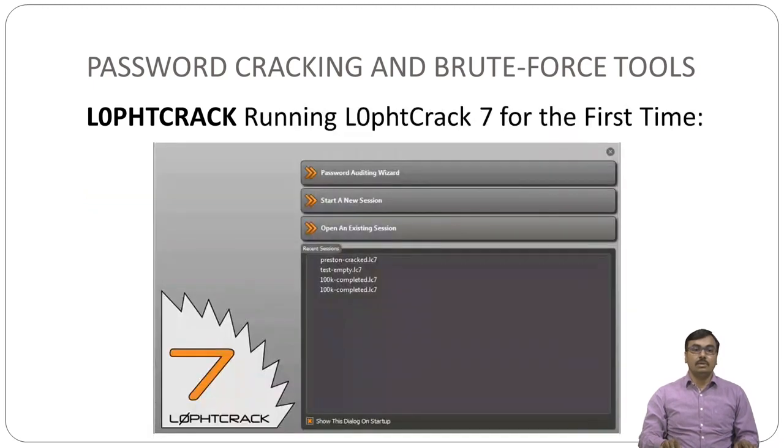Through that you are able to get the exe file of the PST crack tool.